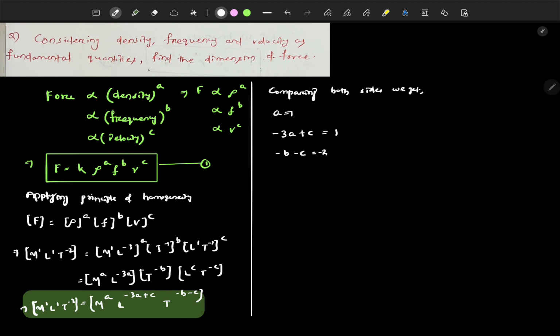Is equal to minus 2. Minus b minus c equal to minus 2. We can say take minus common, so we can write b plus c is equal to 2. Now we have to solve this. Solving, we get